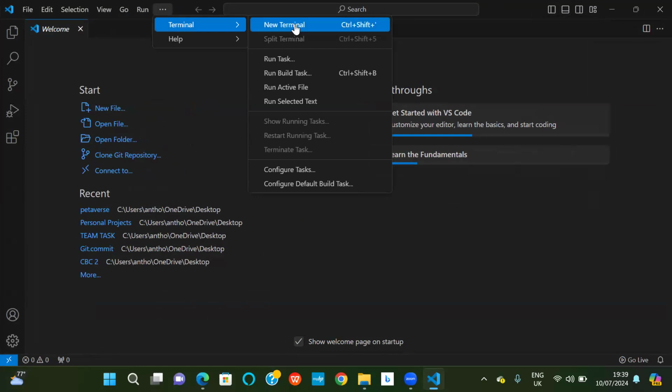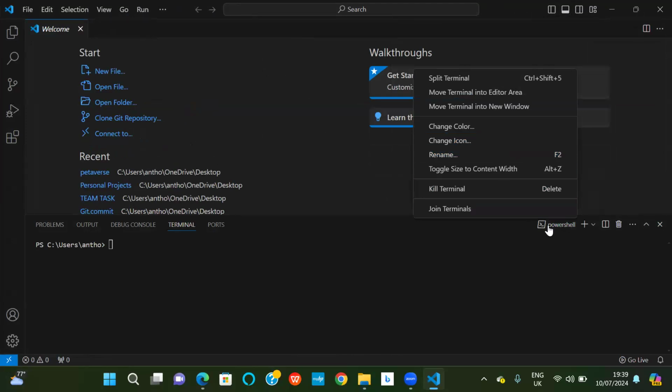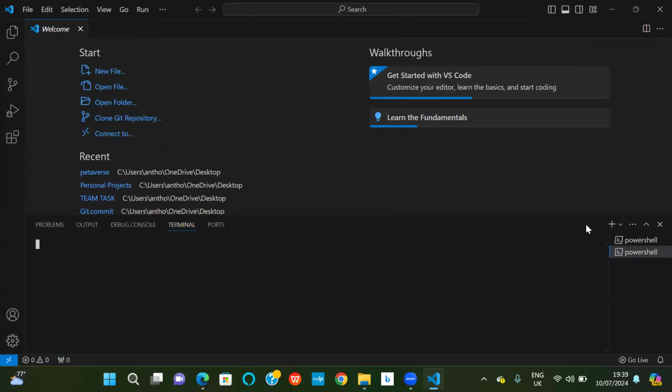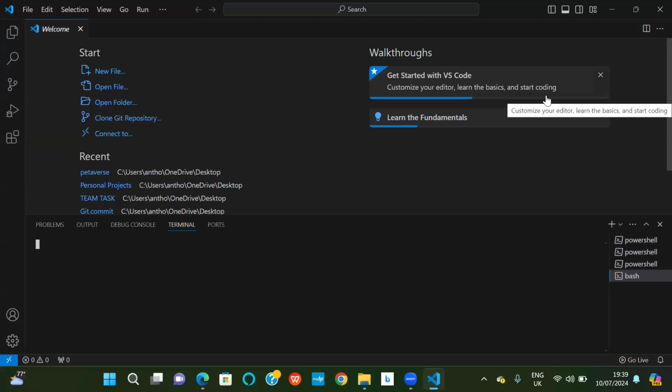Yeah, perfect. So change from PowerShell to Bash. No, it's the arrow down that you will click. If you keep clicking the plus, it's going to keep opening PowerShell again.